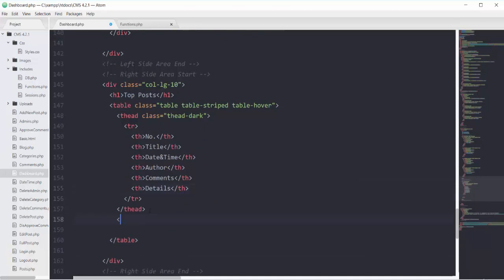So here I will add PHP scope. So our query will be select all the columns. So right here, first of all, bringing my database connection.